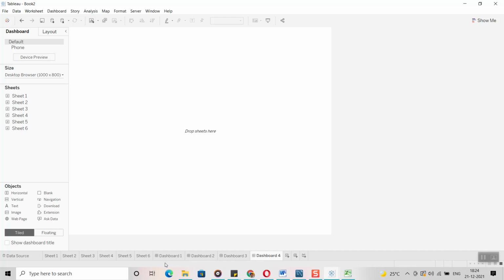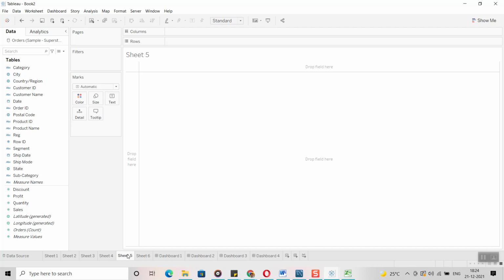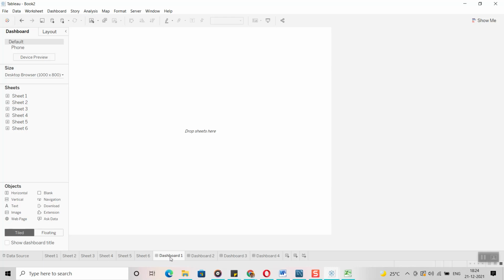Okay, now you should know a sheet is something where in each sheet we are going to create a visualization. And whatever visualizations we have created, a dashboard is a collection of different worksheets.